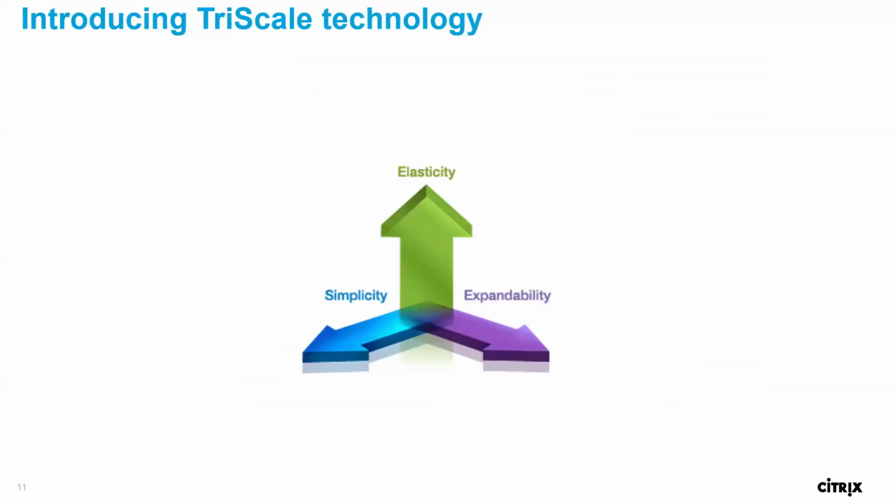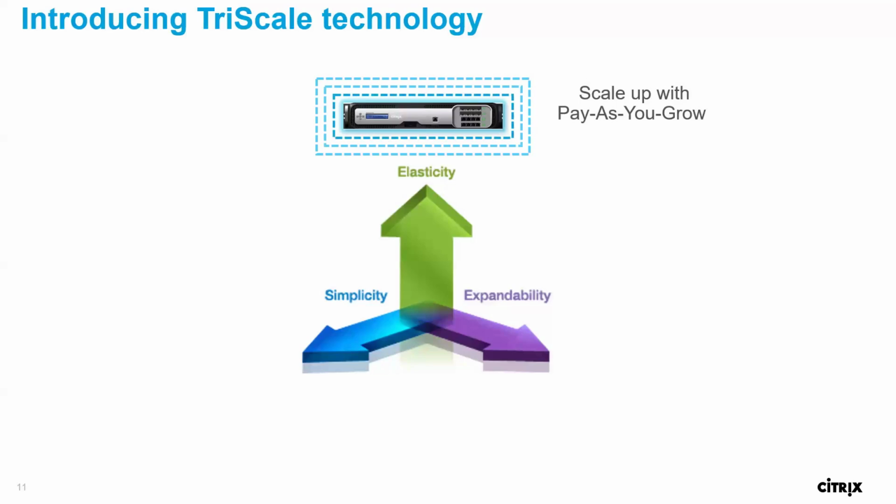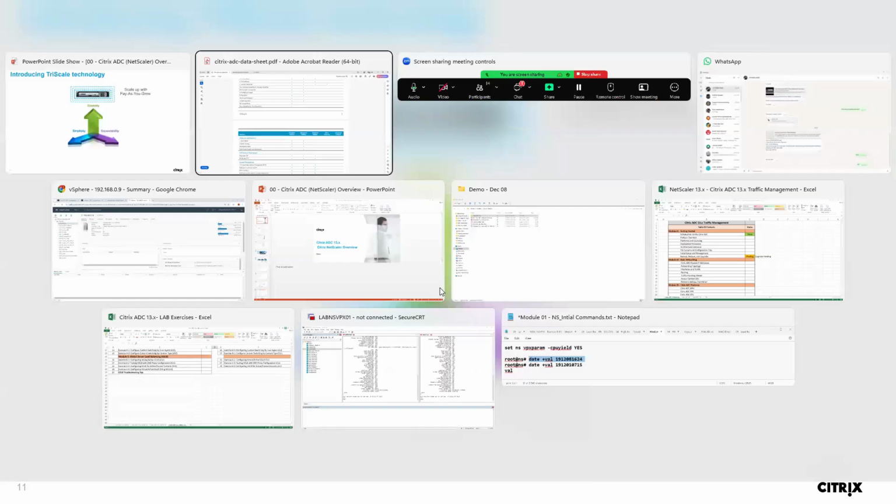So, introducing TriScale technology. Citrix has introduced TriScale technology. What is TriScale technology? Elasticity. What is elasticity? So for example,